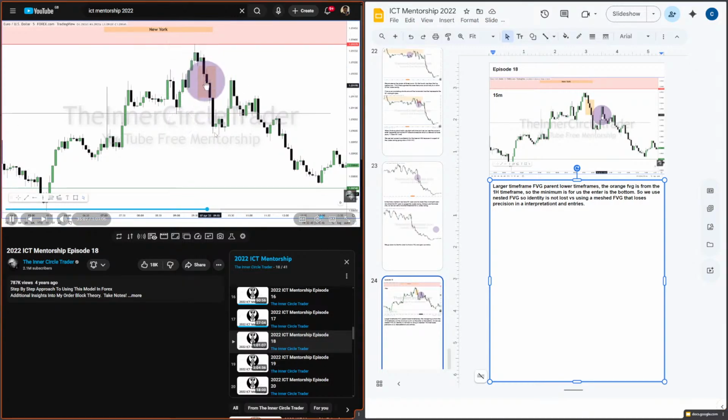Okay, this is the 15-minute time frame imbalance, so it needs to get above that. But when it does that, we have to look at the lower time frame below the 15-minute time frame, which is the beginning stages of our fine-tuned entry of the 5, 4, 3, 2, and 1 time frames.